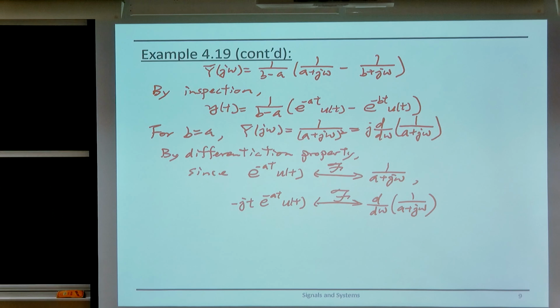So by differentiation property, we know that this derivative has an inverse Fourier transform that is this. So the inverse Fourier transform of Y is just j times this. Hence, y(t) is just j times minus jt e to the minus at u(t), which is t e to the minus at